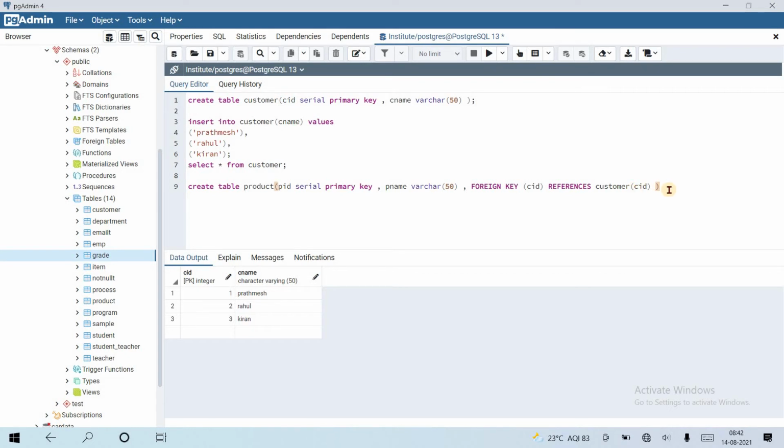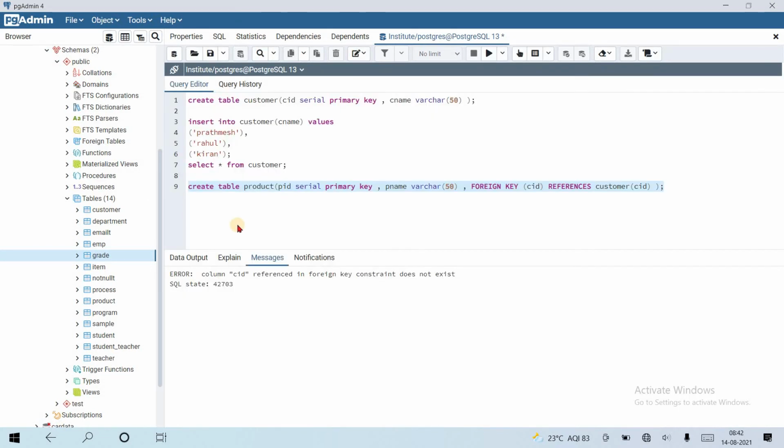Okay, foreign key CID. Let's run the query and check whether it works or not. Okay, all done. The column CID referenced in the foreign key constraint does not exist.